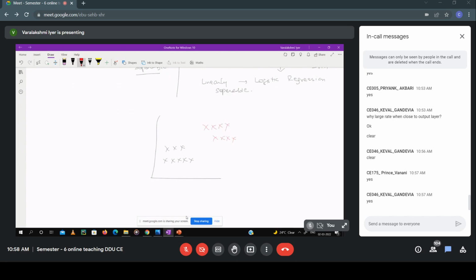This red dot represents the positive samples and black represents the negative samples. So what we are trying to find is a hyperplane that tries to linearly classify, such that your data is linearly separable. The data needs to be linearly separable, and we are finding a hyperplane that divides our data,